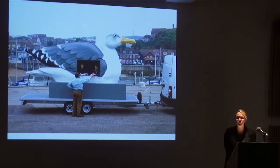But in Folkestone in particular, they are very much hated, and people talk of them as the rats of the sky. So he started to work on a kind of, it was almost an evangelical mission to persuade people that seagulls are actually much more interesting, especially the species that are found in Folkestone. And he worked with a whole number of local ornithologists,